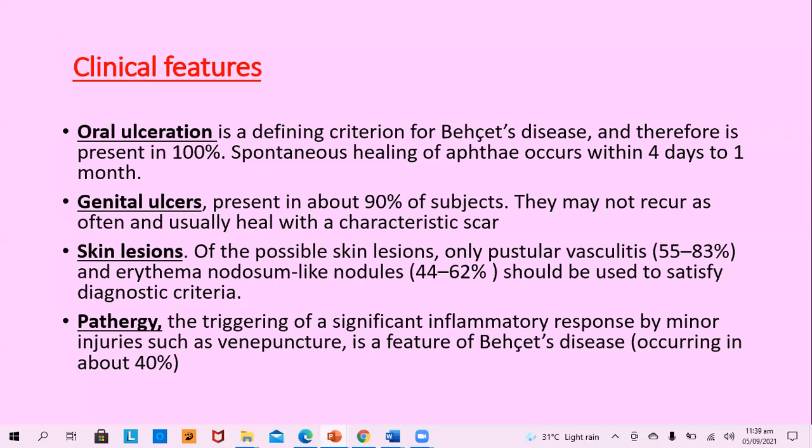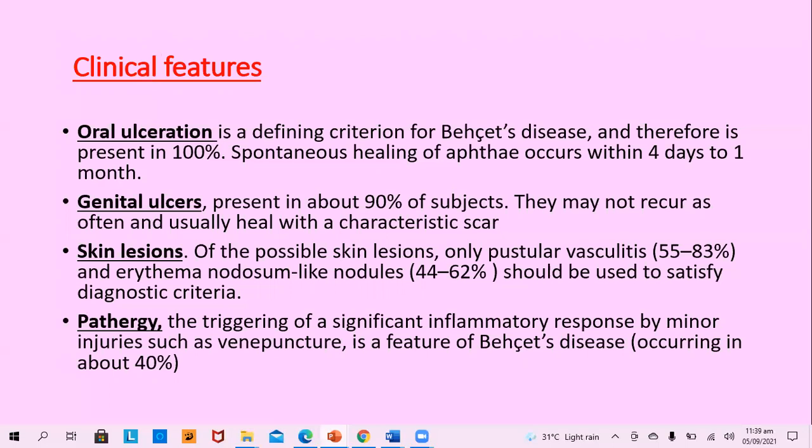They may not recur as often as the oral ulcers, but usually heal by taking more time and with scar formation. Skin lesions. Of the possible skin lesions, only pustular vasculitis, which is seen in 55 to 83% of the cases, and erythema nodosum-like nodules, seen in 44 to 62% of the cases, should satisfy the minor criteria for the